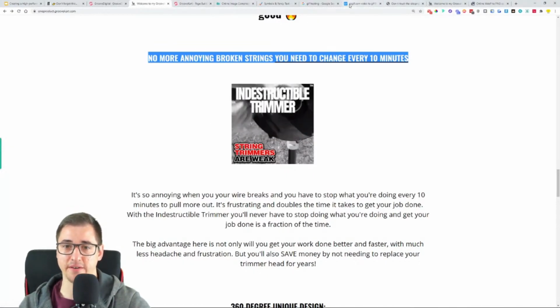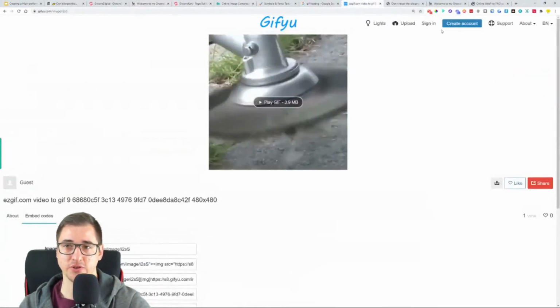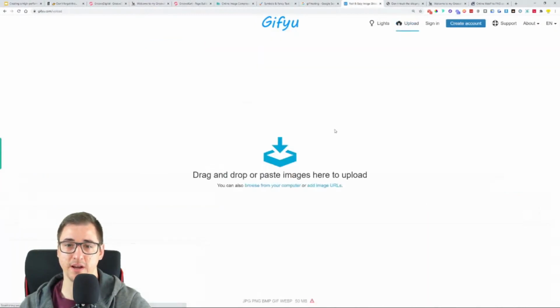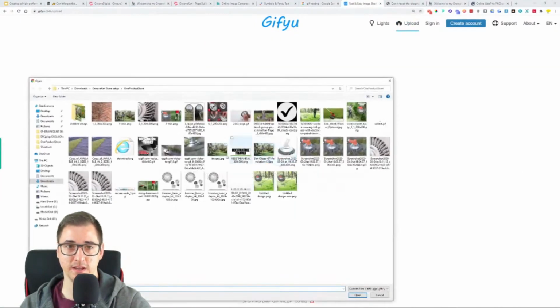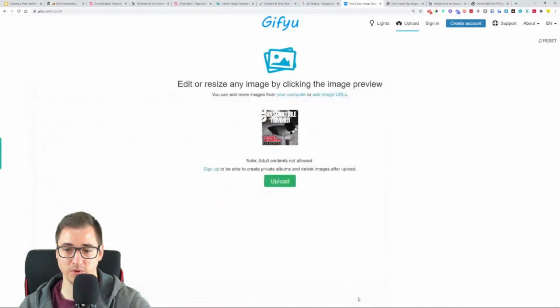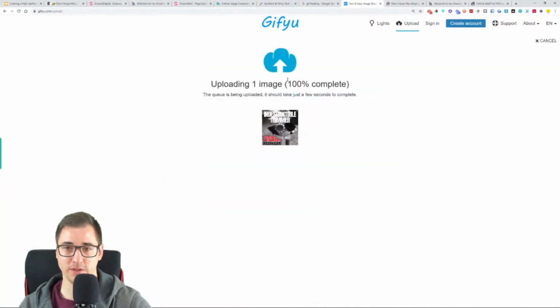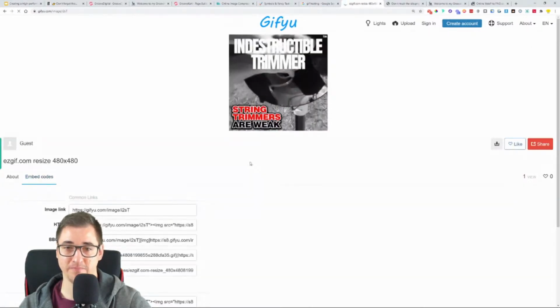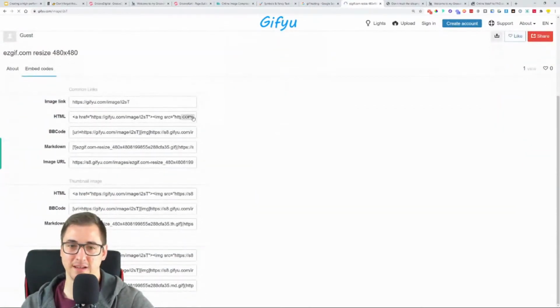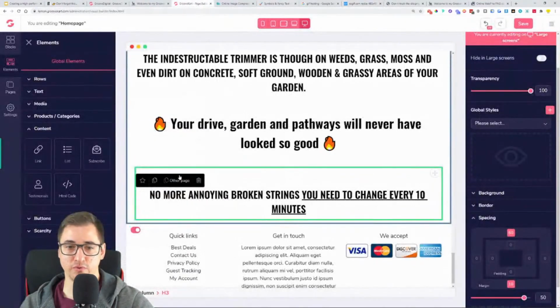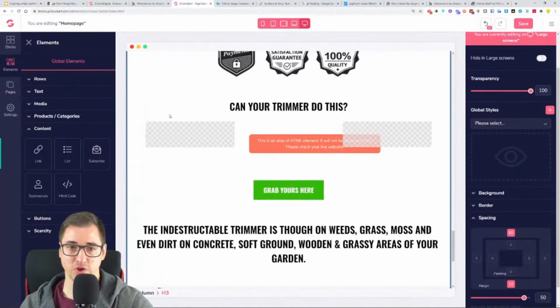Now we have another GIF. So let's just go on to GIF-U, click the upload button, click over here to upload, and we choose the actual GIF that we want to upload. Click the upload button, 100% complete. We get the embed code, and usually this is how fast it is. I don't know why it was making a fuss before. Let's just copy over the HTML code, head over to GrooveKart,